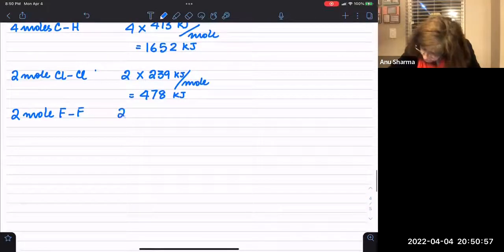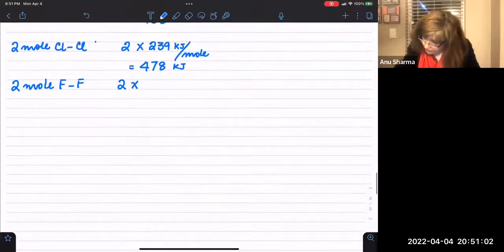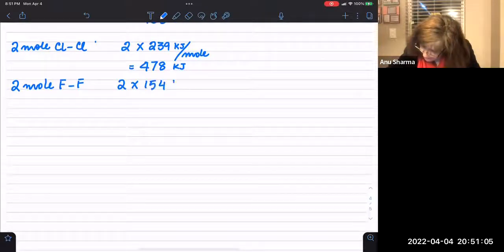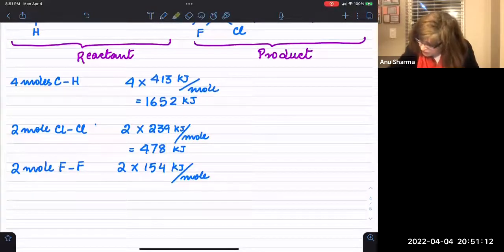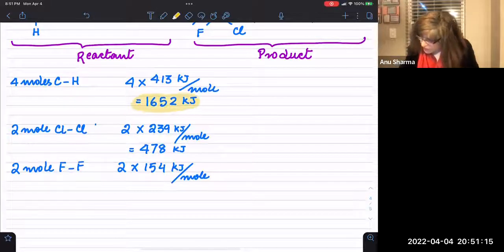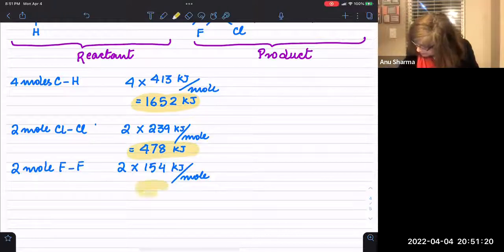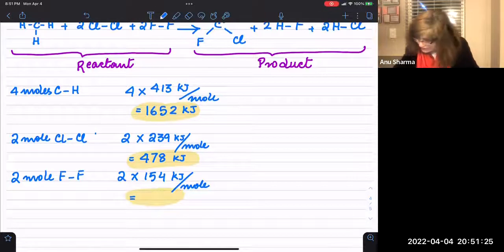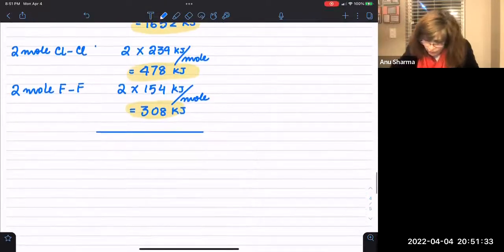So that is 2 times the fluorine, 154 kilojoules per mole. Now you are just going to add 1652 plus 478, and this one comes out to be 2 times 154, which is 308 kilojoules. So when you add these, you get 2438